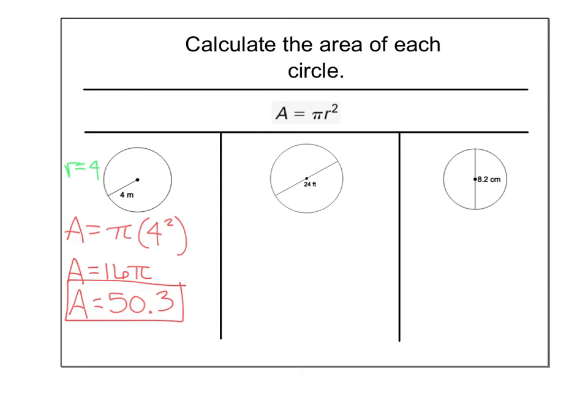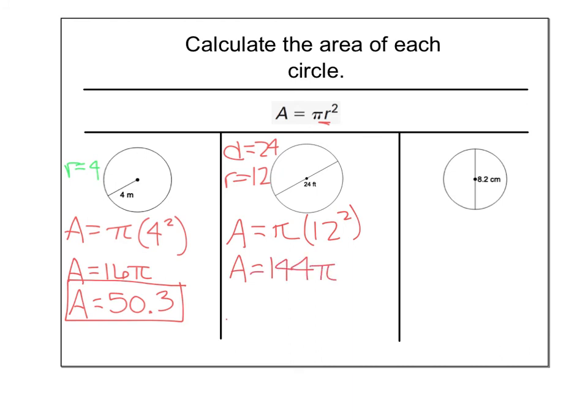Now with this next problem, we have a diameter. So see how the line is drawn all the way through the circle. It goes through the center, which is that dot in the middle, goes all the way through. So that's our diameter. But we need the radius for our formula. So we're going to cut that diameter in half. So 24 divided by 2 will give us a radius of 12. And that's what we're going to plug in here. So pi times 12 squared. So remember, we're squaring the 12. So we're not multiplying it by 2, we're squaring it. So 12 squared is 144